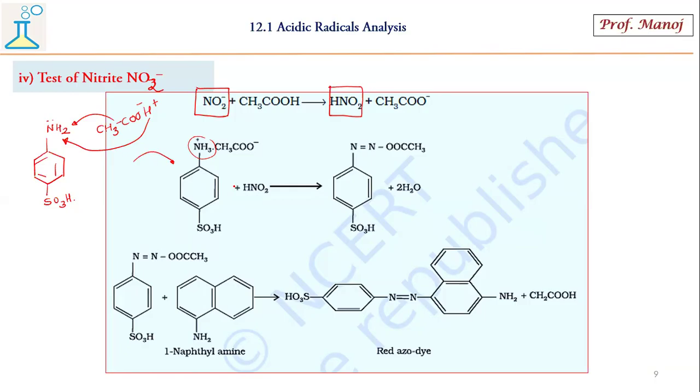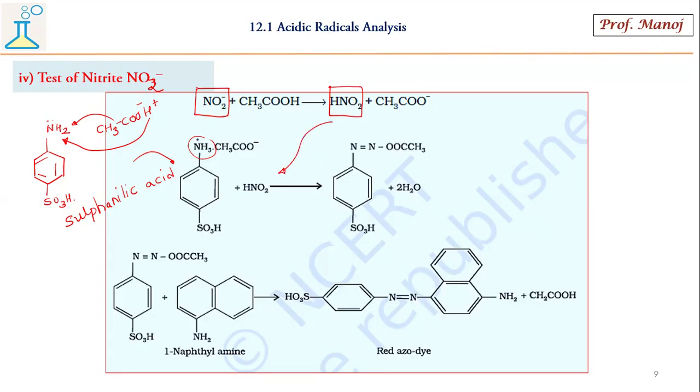Nobody knows? Okay. This compound is known by the name sulfanilic acid. The original compound which I have shown here, okay? Sulfanilic acid. Now, this sulfanilic acid, what you see here, is converted into this form, as I've shown, with the